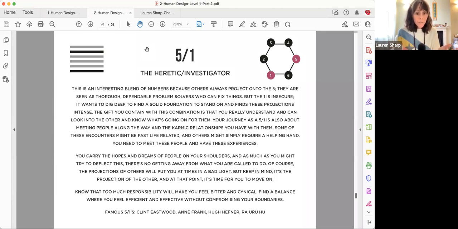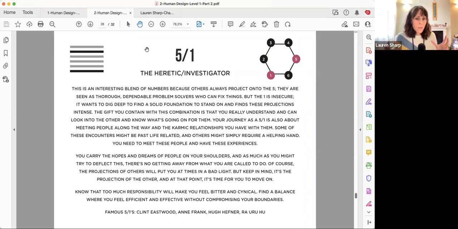When you've got a 5 in the front, you almost get pushed into responsibility. It's strange. It doesn't matter how introverted or quiet you are. If you've got that 5, people just see it, and unconsciously they think that person can do it. Can you do it? You seem really good at this in your job. Would you be able to do X, Y, Z? It's just projections from other people.